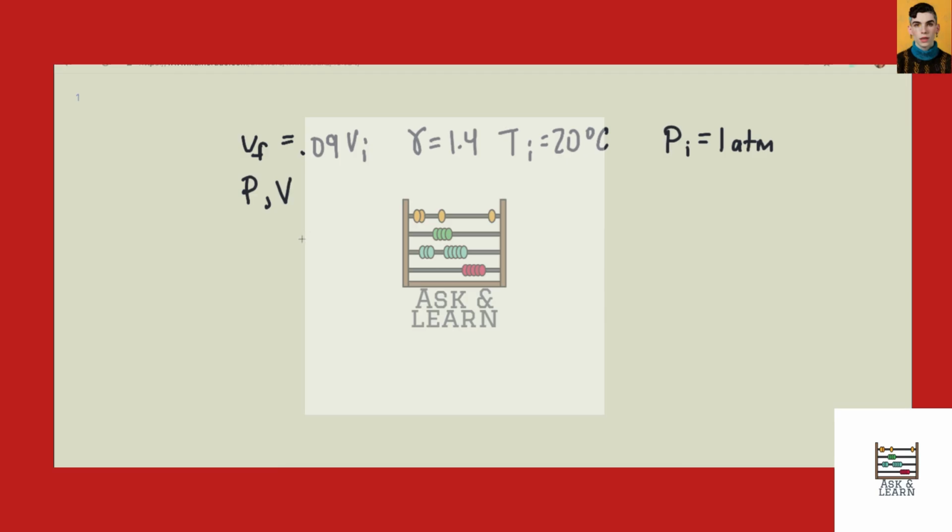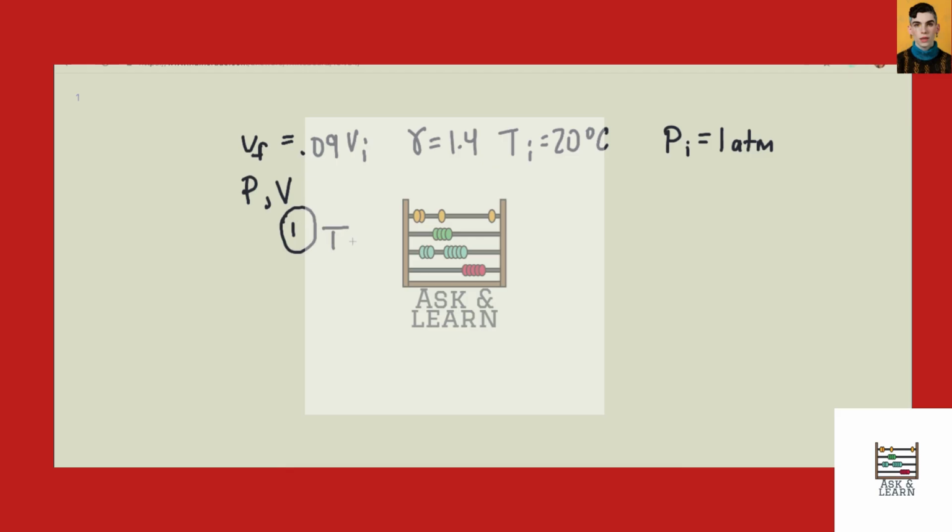So I might actually hold off from drawing the PV diagram until I calculate P and V, although I know that the volume is going to get smaller and then the pressure is going to get higher. So if you look in the adiabatic section, you have two formulas that allow you to calculate the final pressure and temperature. So the first one,